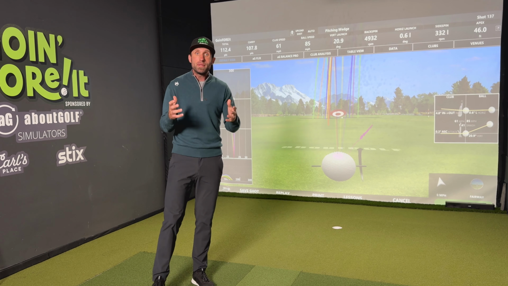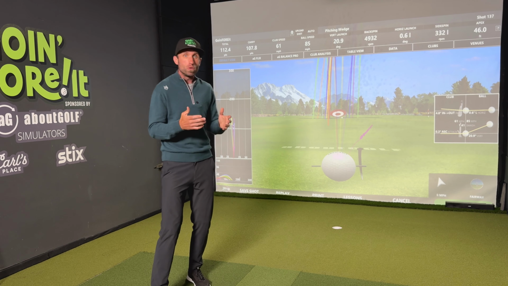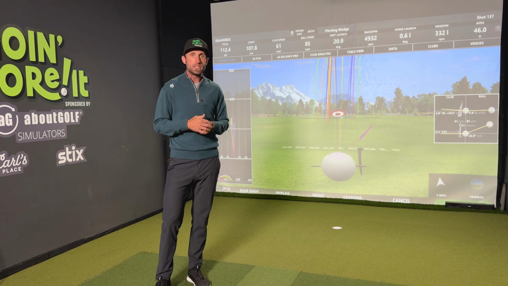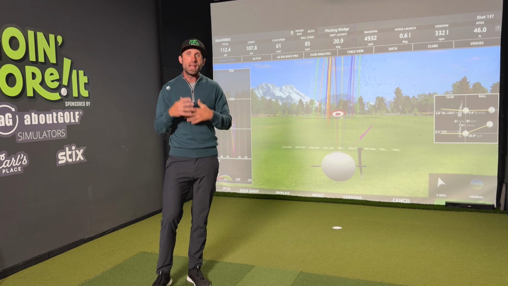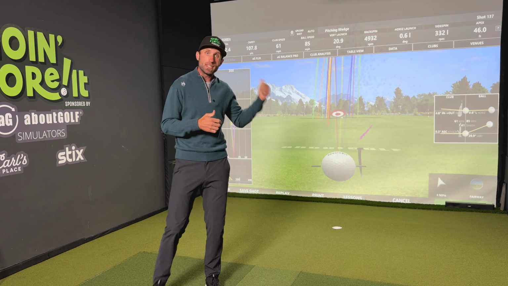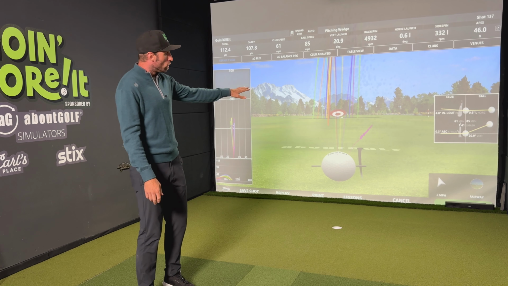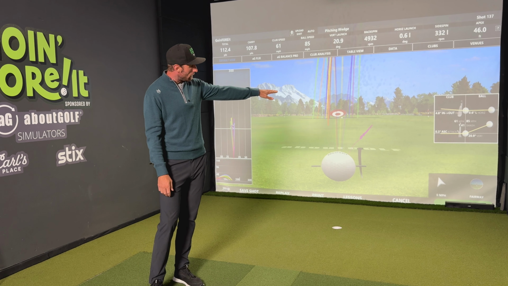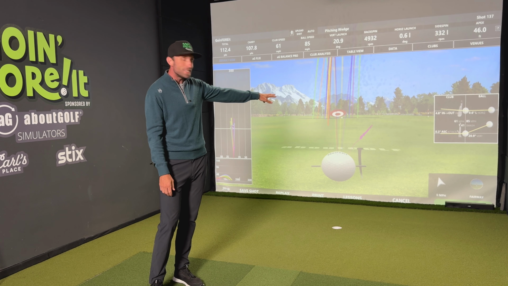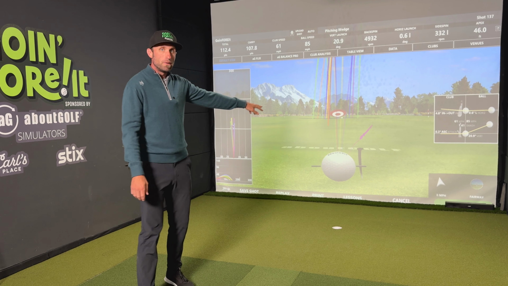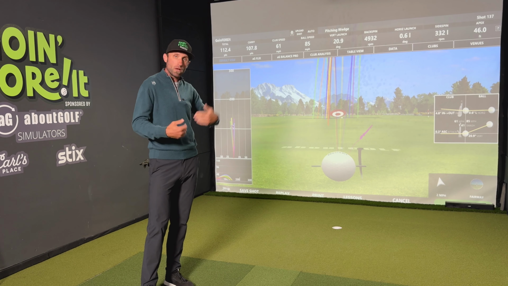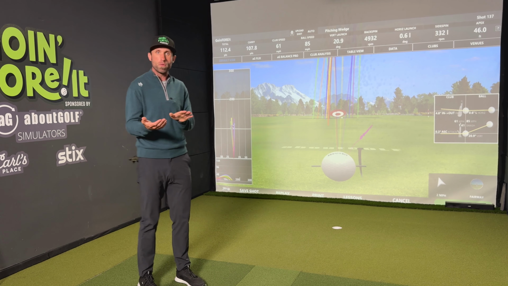Now, you may be saying, Jeremy, I'm not a coach. I don't need to understand all this stuff. I honestly think you do. I think it would benefit every golfer to understand what these numbers mean. How I can take a shot that I thought was fat, look over here, and I can see on the club data, I had an ascending attack angle of 0.3 degrees. I came up on that ball, which tells me I hit the ground before the ball,